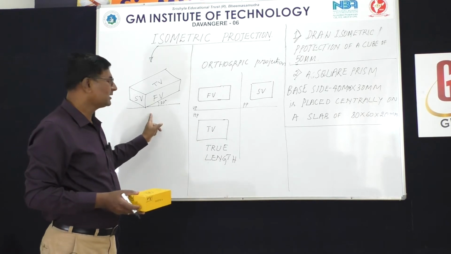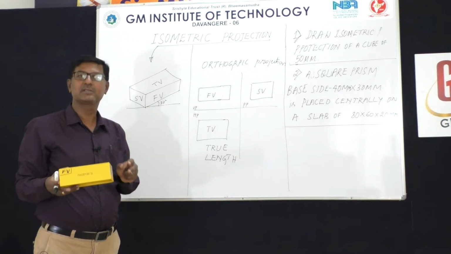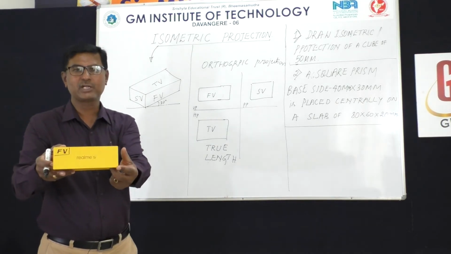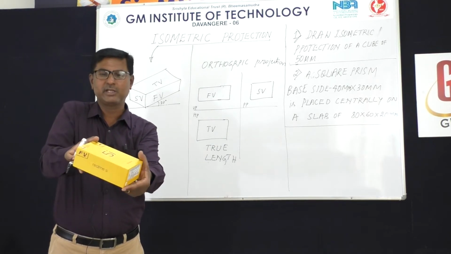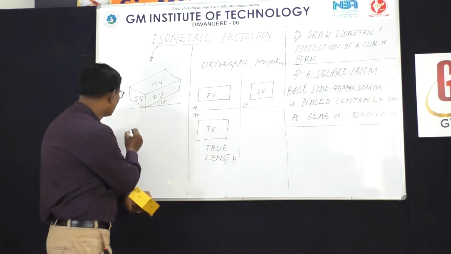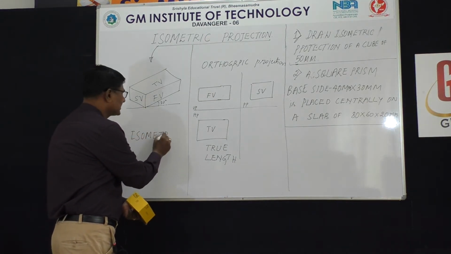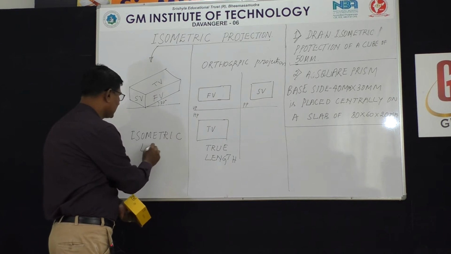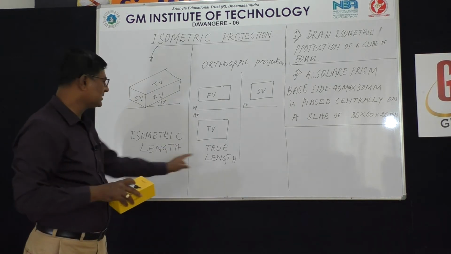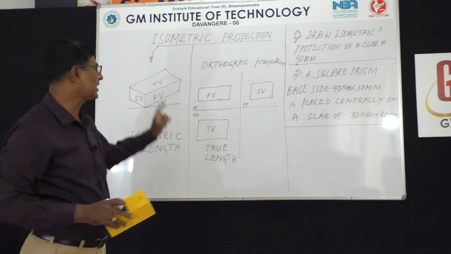Whereas here, what is the biggest drawback? I said the drawback with this, combining them together at one attempt, it's difficult. But what is the drawback of this? When you turn this object by 30 degree and when you lift the object by 30 degree, none of these lines are available in true length. They are available in isometric length, which is shorter. See, isometric length is always shorter than true length. So ultimately, a maker or a producer or a manufacturer cannot use this one.